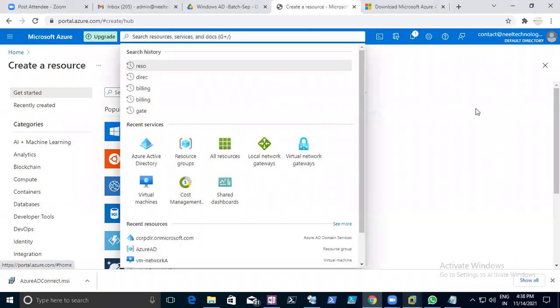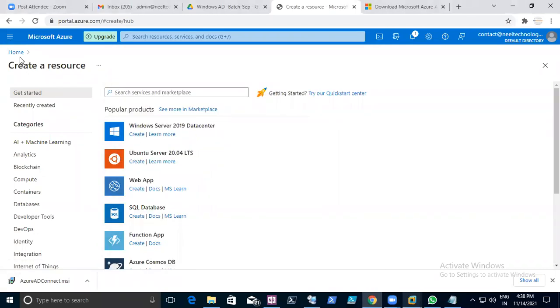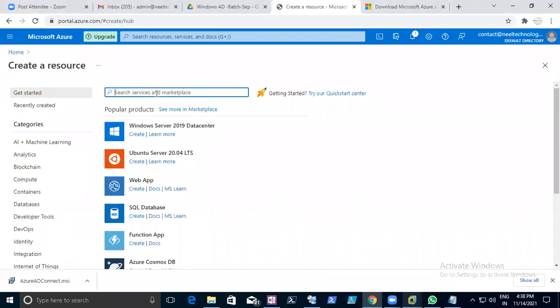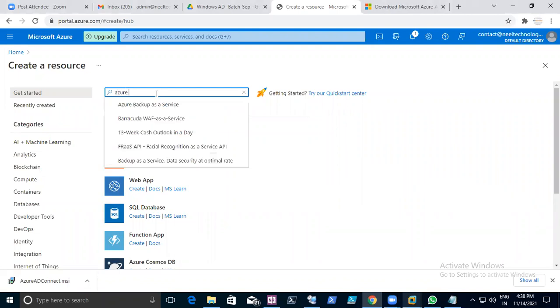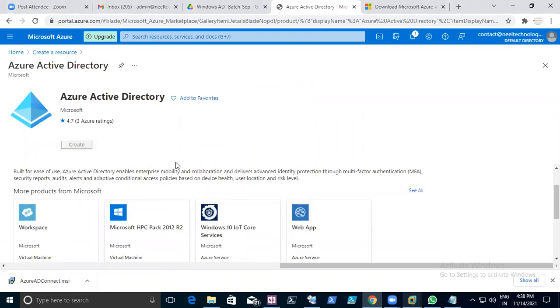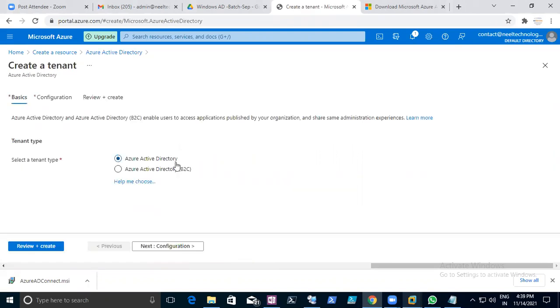Okay, you need to go to create a resource. Go to the home, go back, that is in create a resource, and you need to search here for Azure Active Directory. In this place you need to create it. Create Azure Active Directory. Next, configuration.